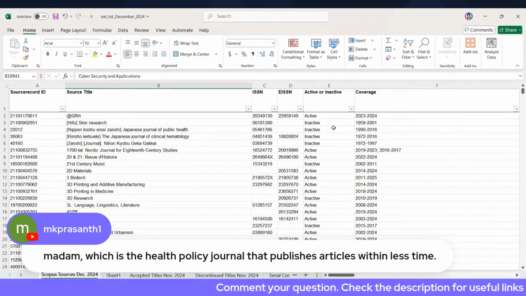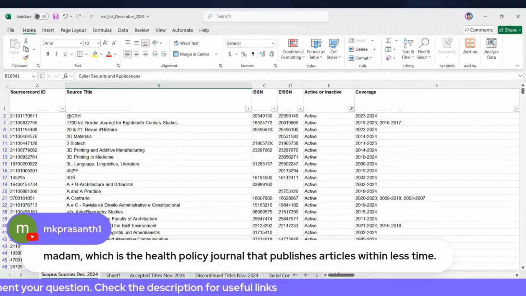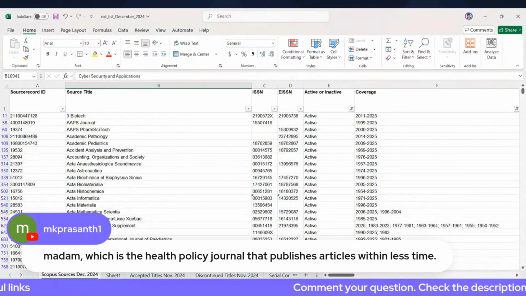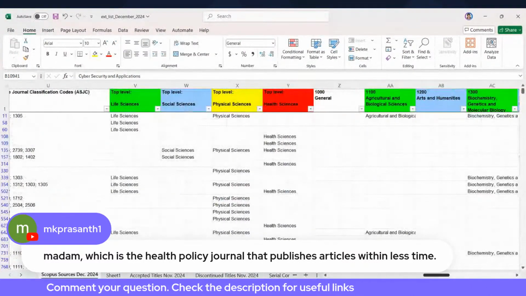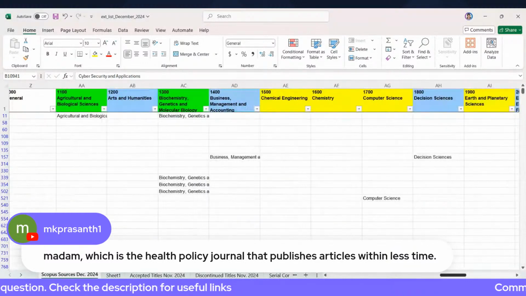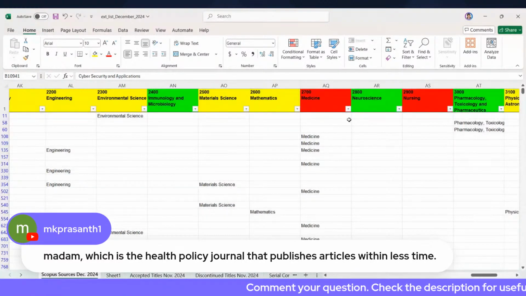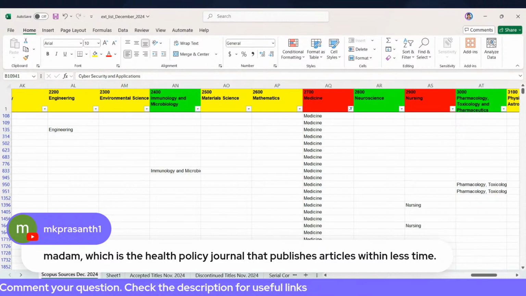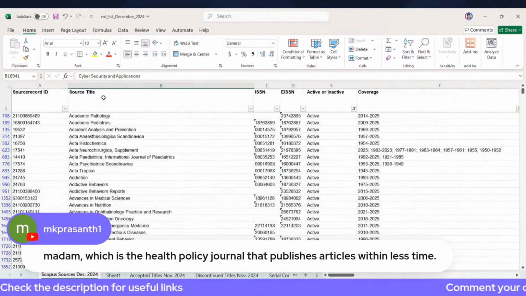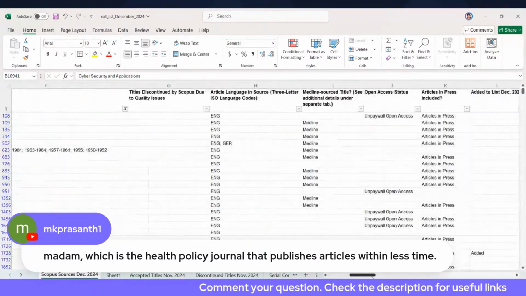Here you can see I'm just keeping only active journals, and that too only 2025. If you scroll towards the right, you can see it comes under medicine, health science, general, agriculture, chemical engineering, decision... medicine. Wait, yes, medicine. So if you remove the blanks, you can see a few records, like I think 917 records are there, but